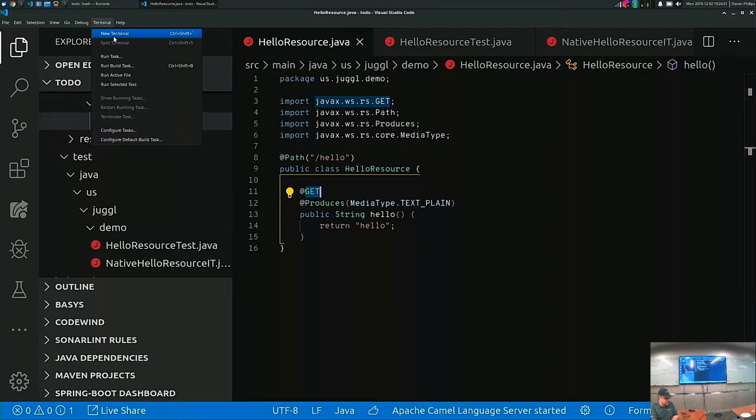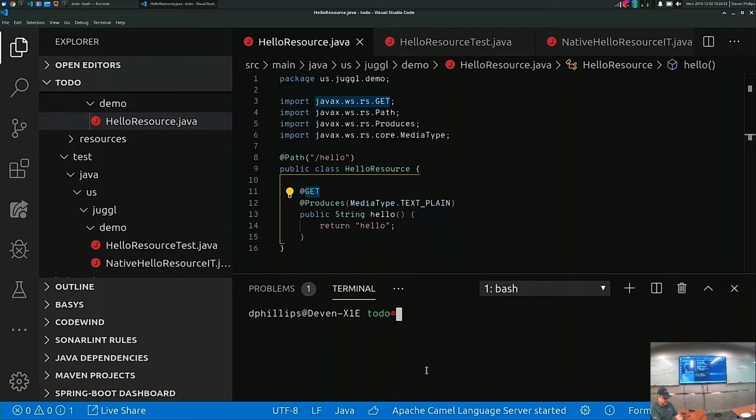So I'm going to fire up a terminal. I'm going to say ./mvnw. You should use the Maven wrapper that Quarkus gives you because Quarkus is dependent on the latest version of Maven, and it will always set itself up for the latest version of Maven. You may or may not get the latest version of Maven with your operating system. So ./mvnw, Maven wrapper, and we say clean, compile,